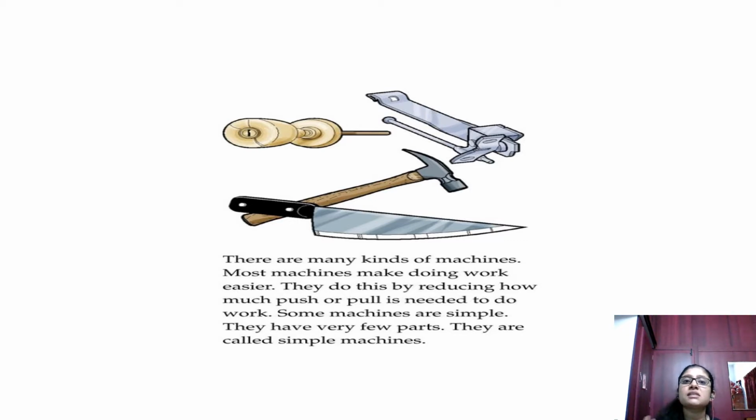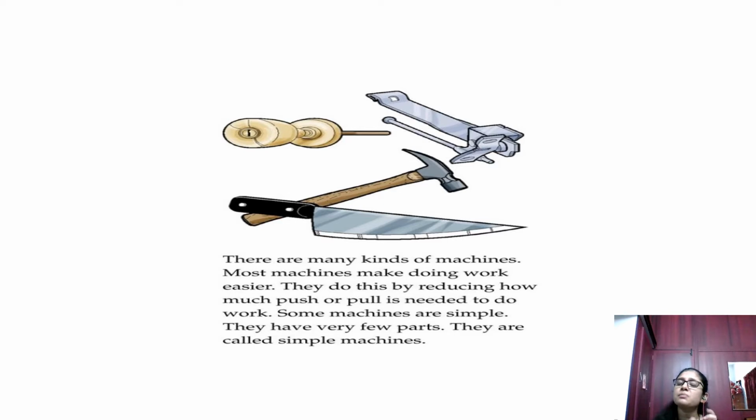So that's why they call this a simple machine, because only a little bit of energy is to be applied. Even though you are applying force, it doesn't need any electricity to work, like other machines. There are some machines that need electricity, but these simple machines do not have to be worked with electricity. We just have to apply our force, but the force is not much. We don't have to put all our energy into it, only a little bit. So that is what a simple machine is.